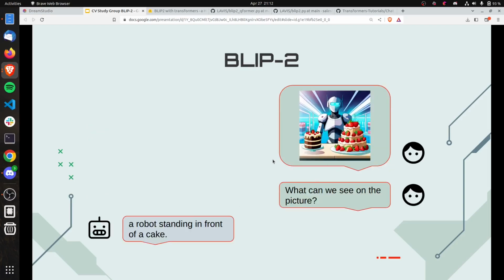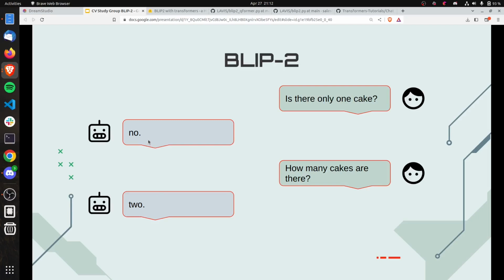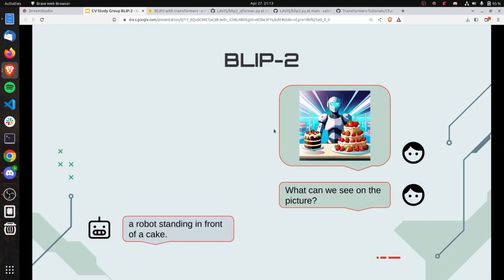So this is a task of visual question answering. It can perform pretty well. It's not particularly chatty, as you see here, right? These are the original outputs I got from it. It likes to answer in one word when it can. But still it can be really helpful and sometimes really impressive what it can tell you about the images.